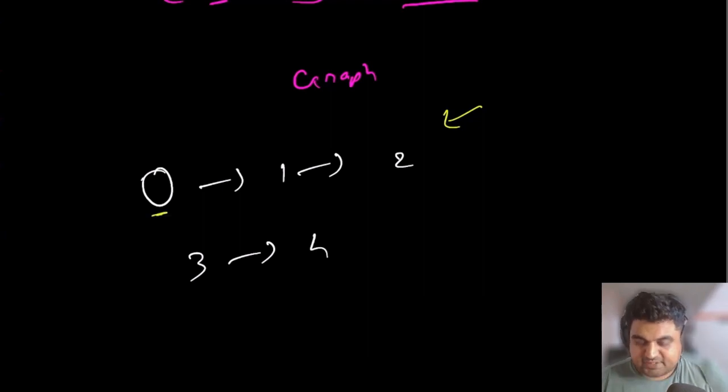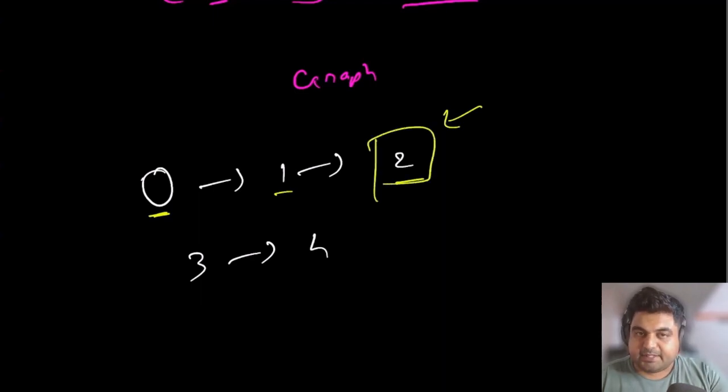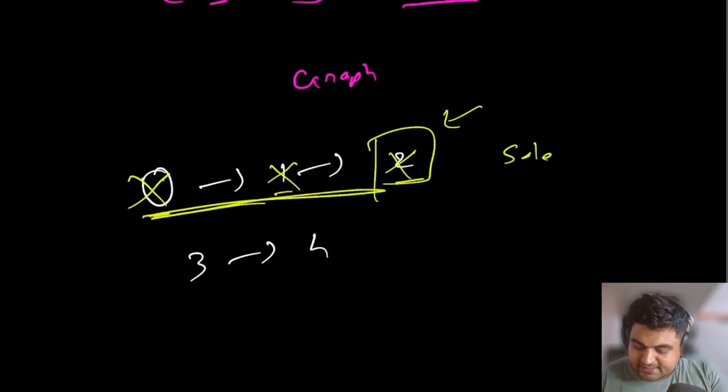Because first we are going to complete course 0. In order to complete course 0, we will have to complete course 1. In order to complete course 1, we will have to complete course 2. Course 2 we can complete because it does not have any prerequisites. So after completing course 2, we would be able to complete course 1, and then course 0, which means we would be able to solve this dependency quite easily. Same goes for this one, we can complete course 4 because there are no prerequisites needed for course 4, and then we can complete course number 3. So in this case we can return true because all the courses can be scheduled.